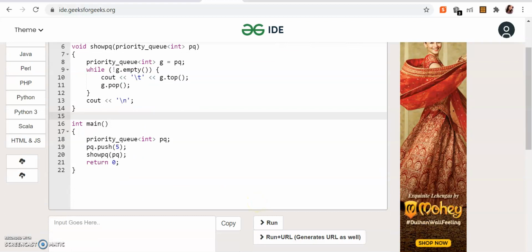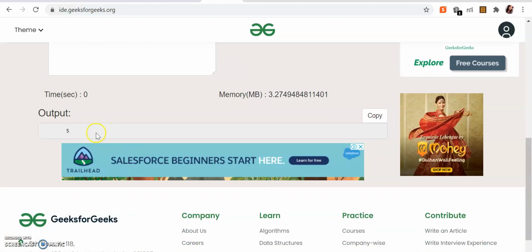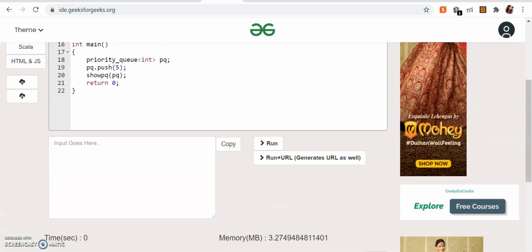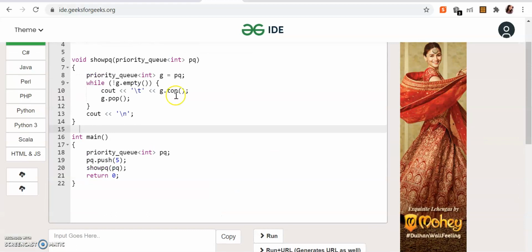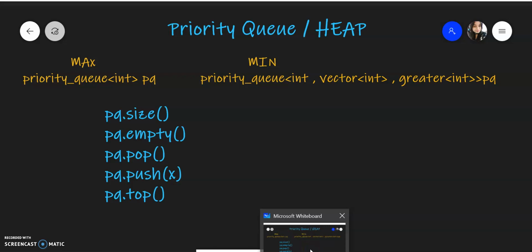So right now I've just input one element, that is 5. So if I run it, this will just have 5, right? So one thing that I wanted to tell you is, because it is rearranging itself in a priority fashion, like ascending or descending, whenever you are displaying it, it will also come in that fashion. So if you see that this is a max heap, right, we already saw that max heap syntax is like that.